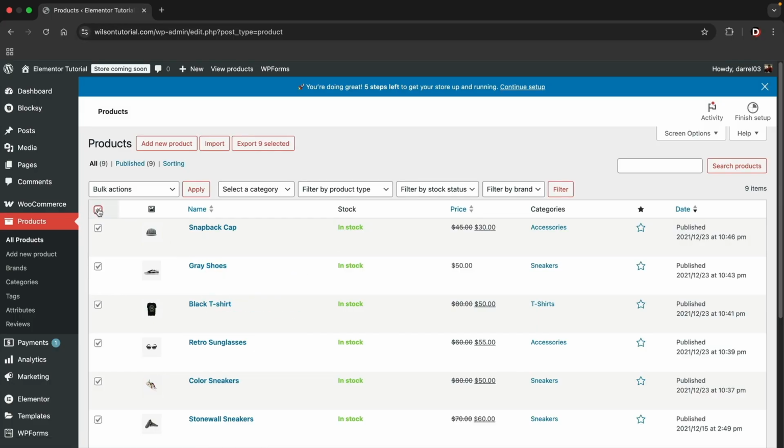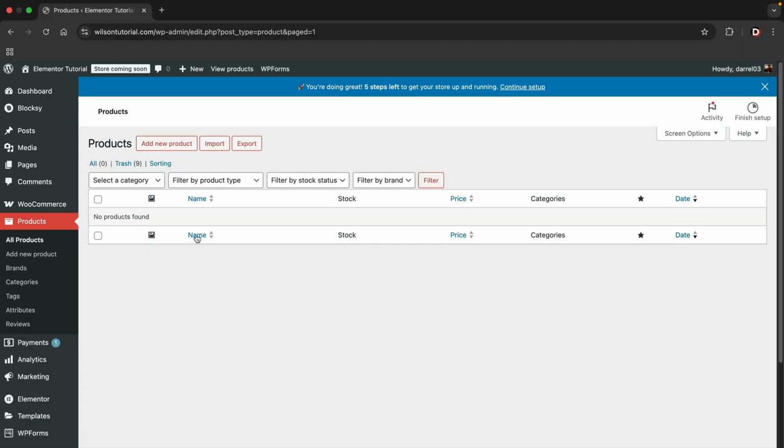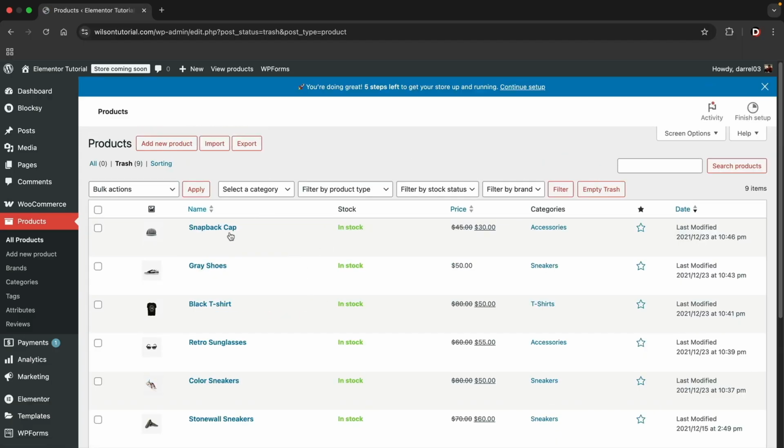So here I'll click on the checkbox. Under bulk actions, I'll move to trash, and then I'll click on apply. All right, cool. So now they're in the trash. And if I click on trash, you're going to see that's where all of the trash products will be displayed. Think about it like a recycling bin. So let's go